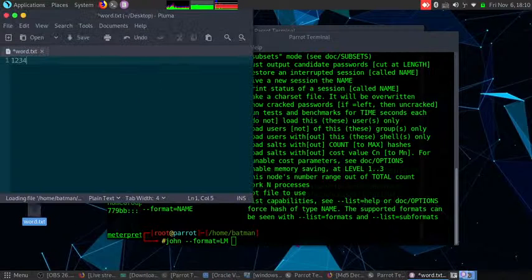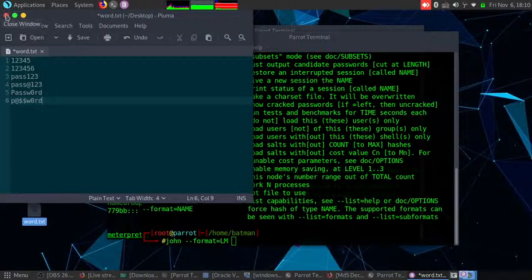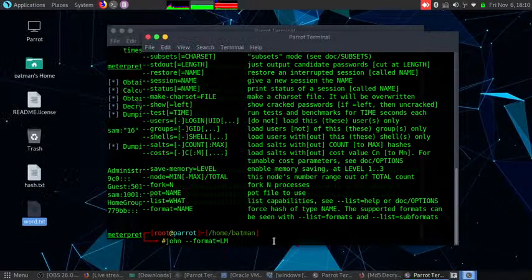So I'm going to try many passwords over here, which are very common. Some common passwords here I'm trying. Okay, so just create your own word list here. I'm going to save it. So now